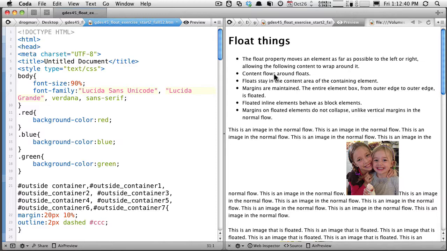So floats are really designed for what we did earlier with the image, sending an image or some element left or right, and then the text wraps around it. That's really what it was designed for. But designers and developers figured out that you could use it to do layout. So this is what we're working towards, using floats to do layout. So a few things to start with,